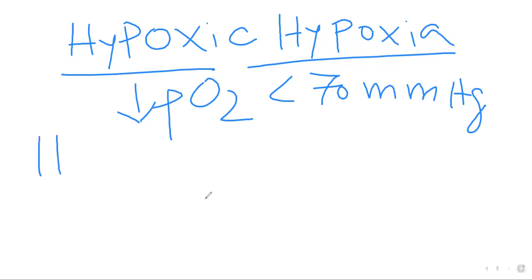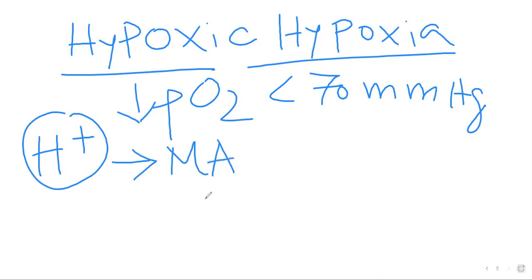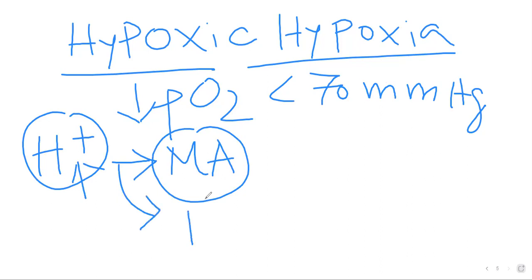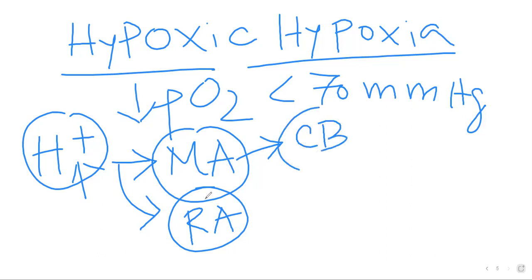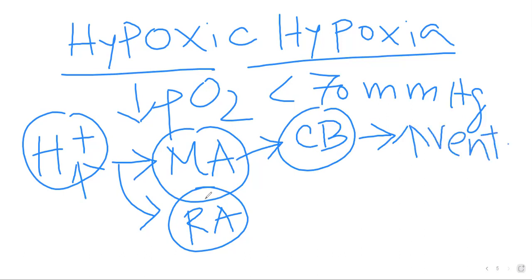Now come to the hydrogen ion concentration. As I have already told, hydrogen ion is increased in case of metabolic acidosis, or we can say in case of respiratory acidosis also, we can have increased hydrogen ion concentration. But in the early part of metabolic acidosis, this hydrogen ion increment can be sensed mainly by the carotid body, and this carotid body ultimately increases ventilatory drive, so that the hypoxic or acidotic situation will be washed away. And this is one thing.